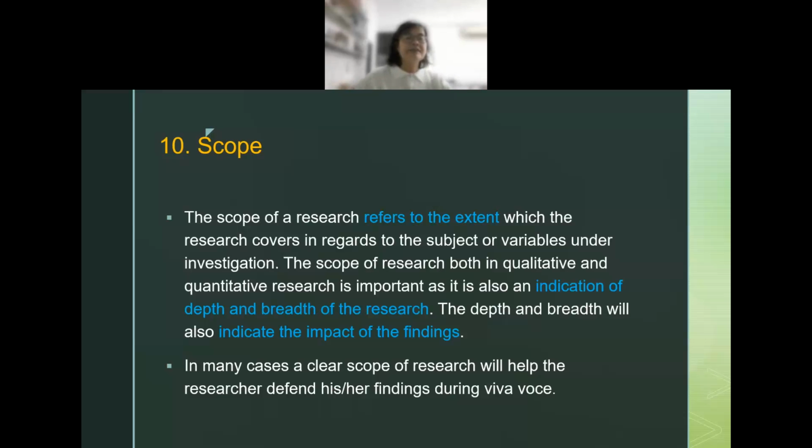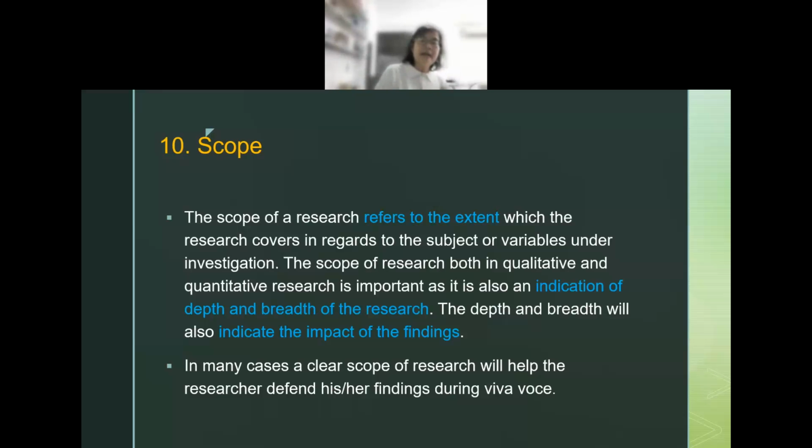The breadth of the research will be, do you include only one institution, or is it you going to include other university students, or the whole of China, or the whole of Malaysia, or only in Sabah, UITM or UMS? That's breadth. That is how far you go in. Okay, you're only going as far as learning and assessment. You are not touching teaching. You're not going to do the teaching.